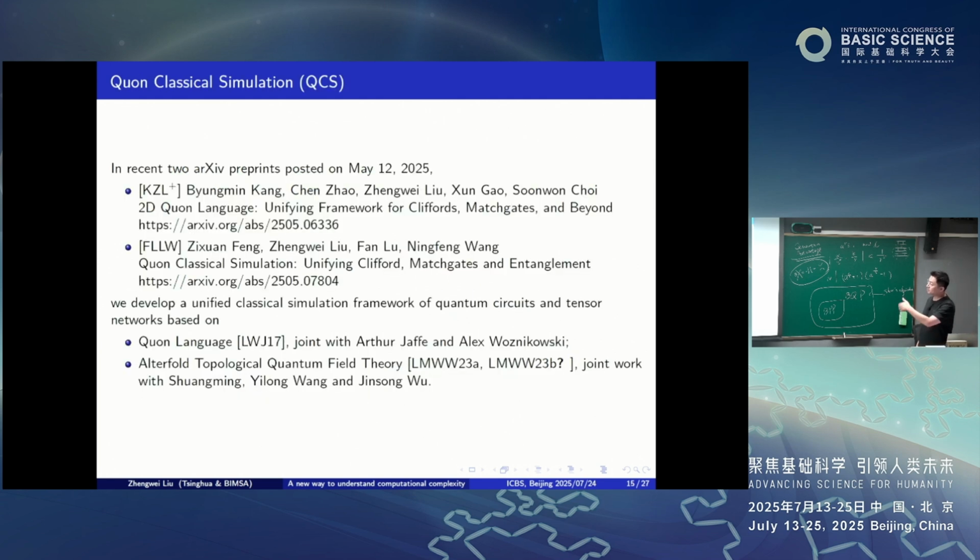And then in the recent two papers, in the first one, we ask how do we characterize the simulation of those methods? Now we can find some new states that have a classical simulation, but were not known before. And in the second paper, we find those simulations and we design the classical simulation algorithms. This is based on the QL language we introduced before, and our recent work on TQFT, called orbifold TQFT.